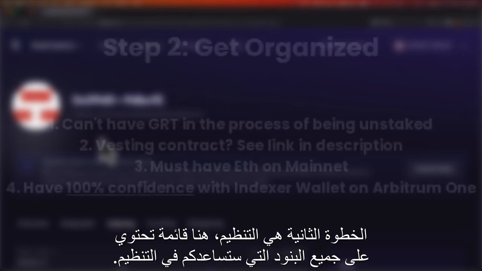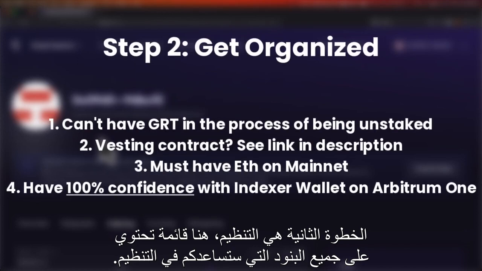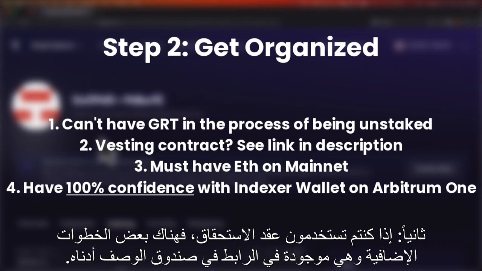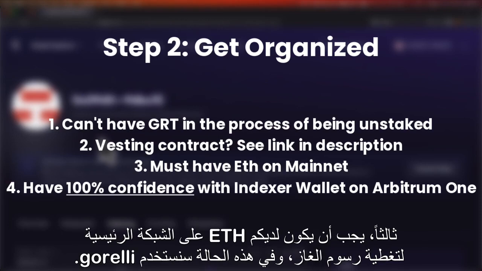The second step is get organized. Here's a checklist that will help you get organized. Number 1, you cannot have GRT that is in the process of being unstaked. Number 2, if you're using a vesting contract, there's a few more steps involved. I'll link to those steps in the description below. Number 3, you must have ETH on mainnet to pay for gas fees, and in this case, we'll be using Goerli